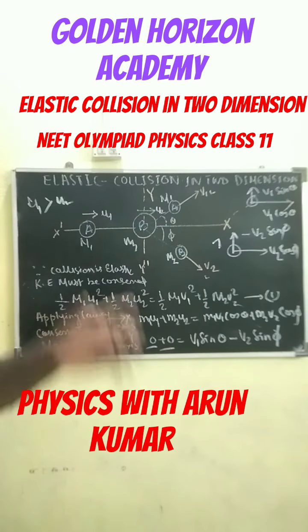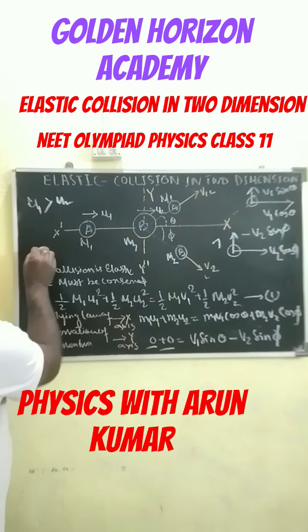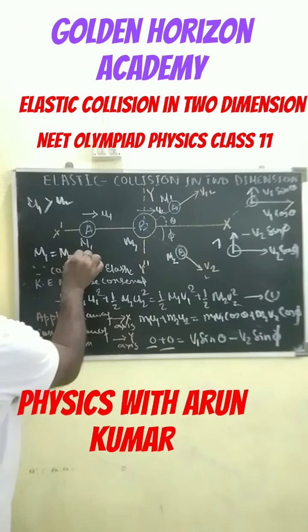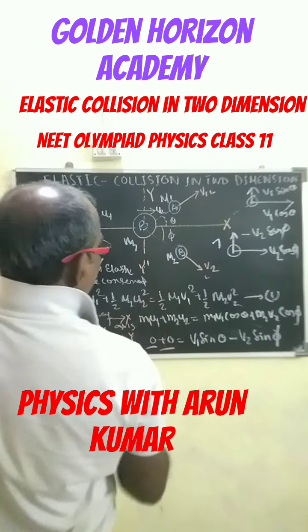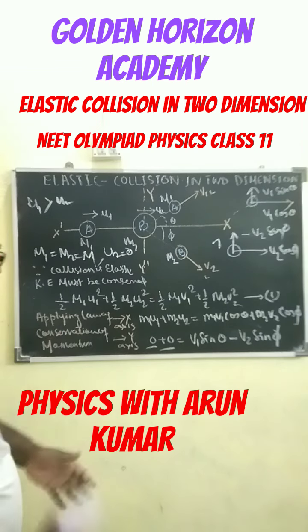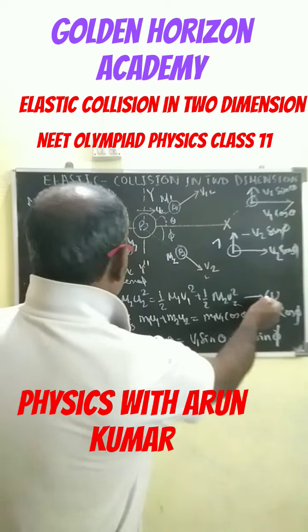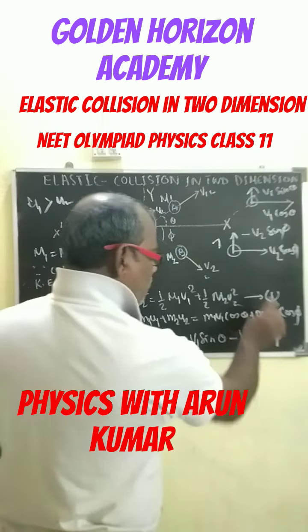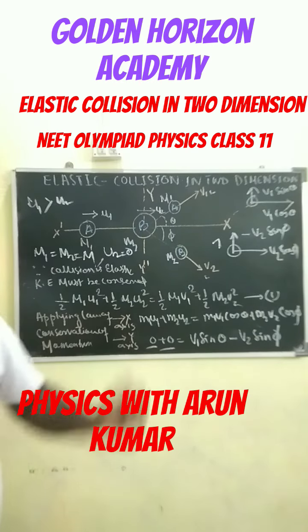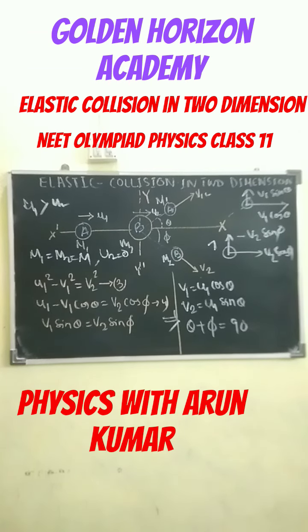Now we will have two cases. The very special case is, let the masses be m1 equals m2 equals m, and let the second body be at rest, that is u2 equals 0. Putting u2 equals 0 and m1 equals m2 equals m, equations 1, 2 and 3 will become equations 3, 4 and 5, and finally we get the results of